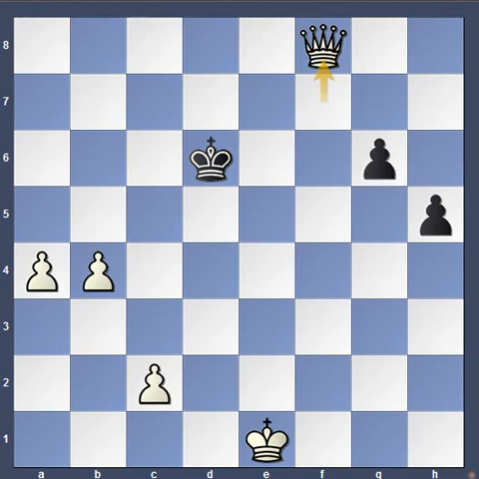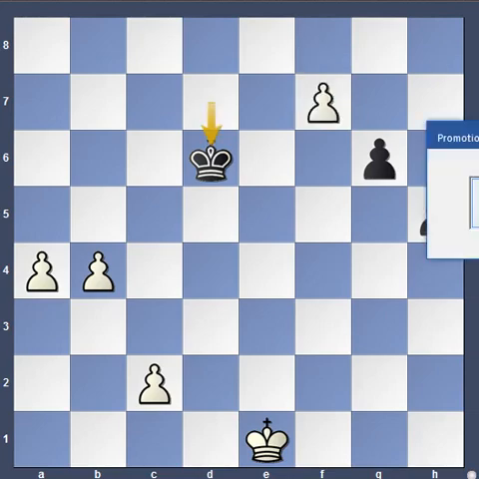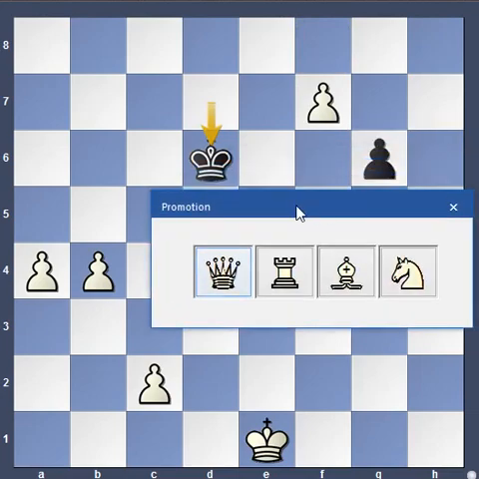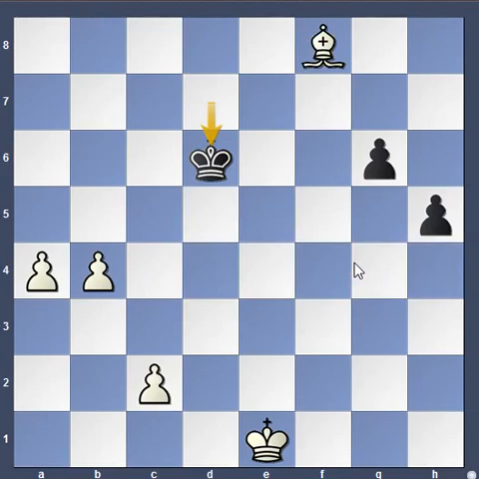Generally people prefer queen because that is the strongest piece. See, here we can select any piece. You can promote the pawn to queen, rook, bishop or knight. So it's not necessary that we have to take the queen. Sometimes any other piece like knight, bishop or rook may be a better idea to promote than queen. I will tell you in the next lessons when to promote your pawn to other than queen.